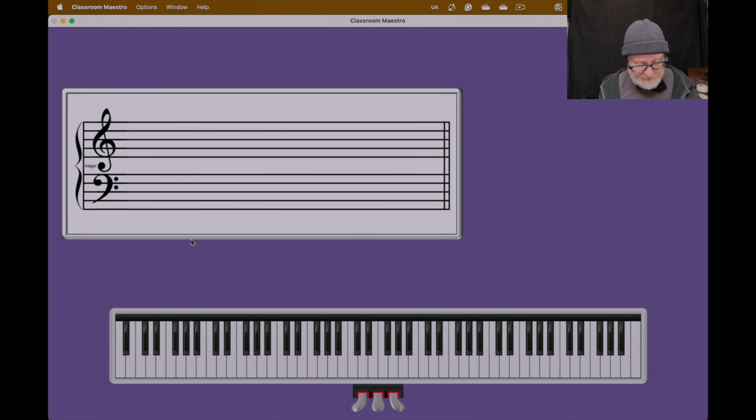So if I'm actually playing a B major voicing, there's a full B major voicing there, I'd want to play a B major scale. If I'm playing a B minor chord,